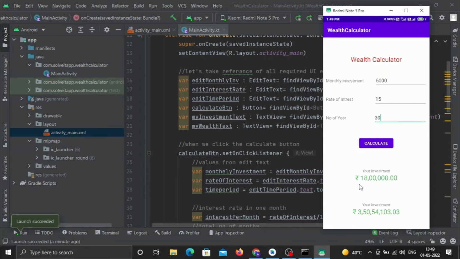So here you can see in rupees, almost 18 lakh rupees you have invested over the period of 30 years, and the return you will get is almost 3 crore 50 lakh 54,103 rupees. That is your wealth after this investment. So in this way you can get the power of wealth accumulation, and we have created our wealth calculator application